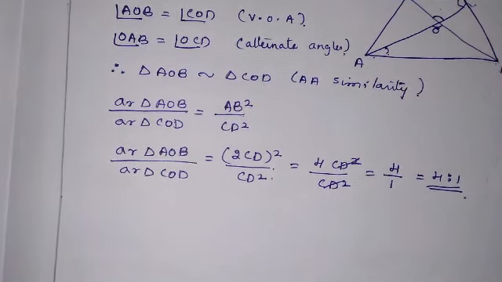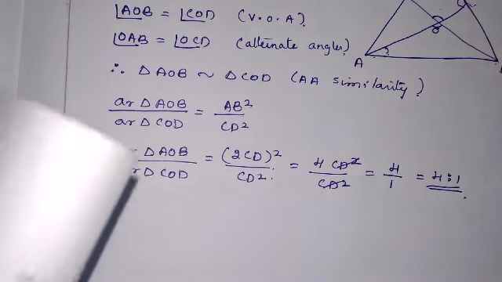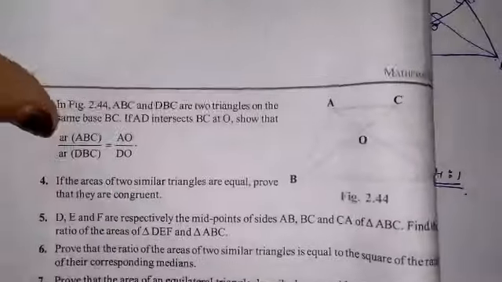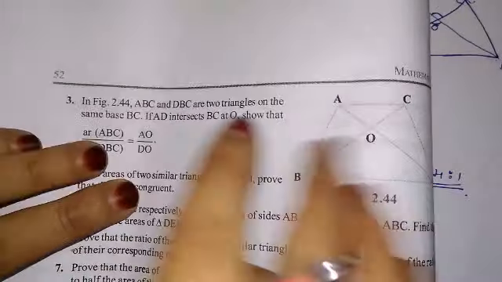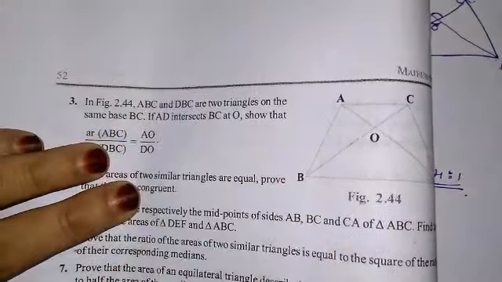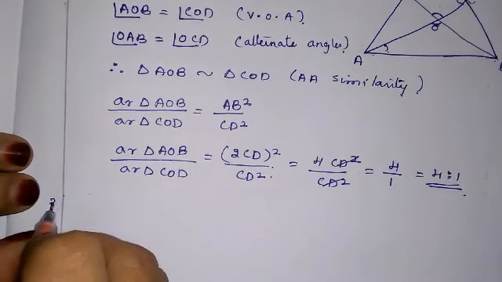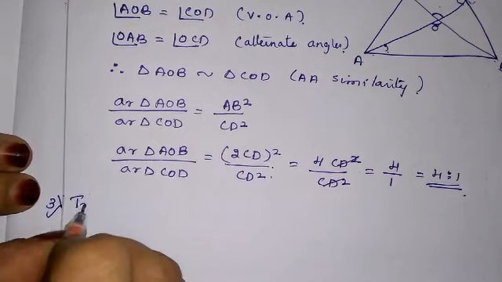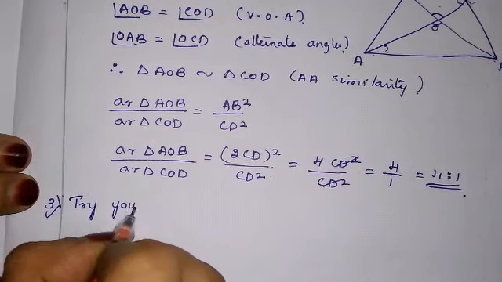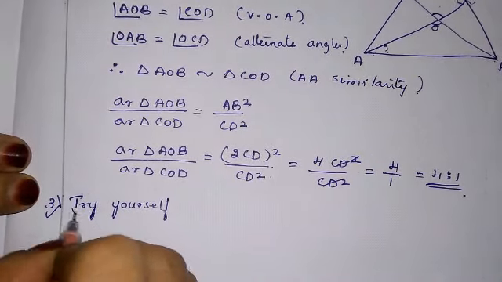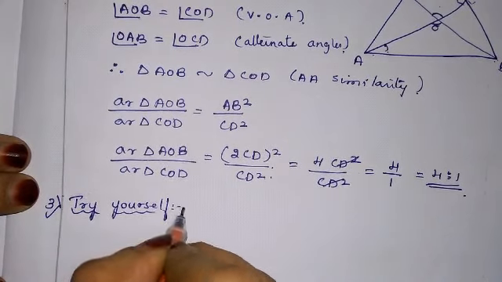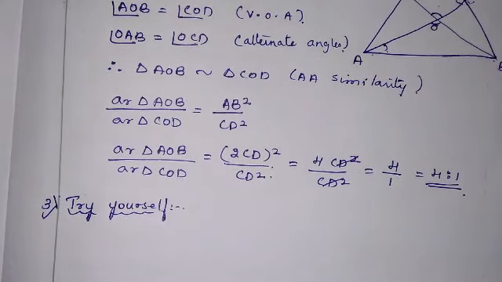Okay. Similarly, now exactly the same problem. Third one you have to try yourself. They have given a figure also in the third one. We can see it is exactly the same. What you have to do? You have to try yourself. Third problem, try yourself, which is exactly the same, but a little small construction should be done in the figure.